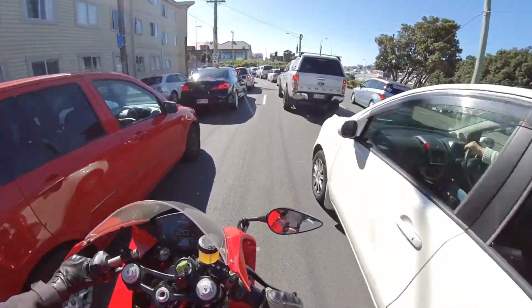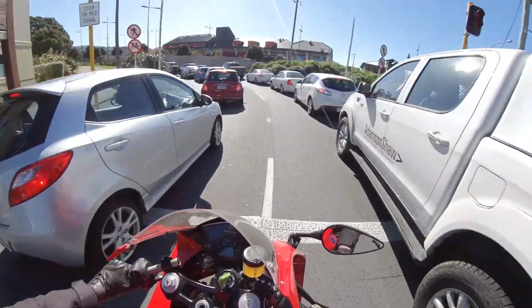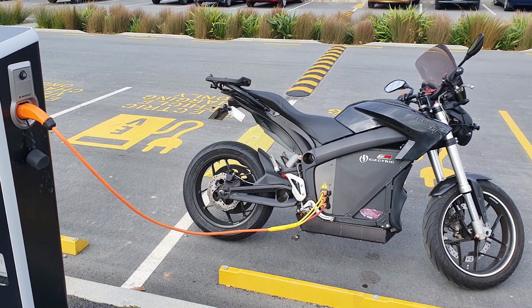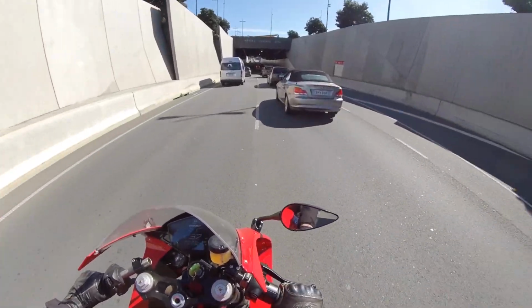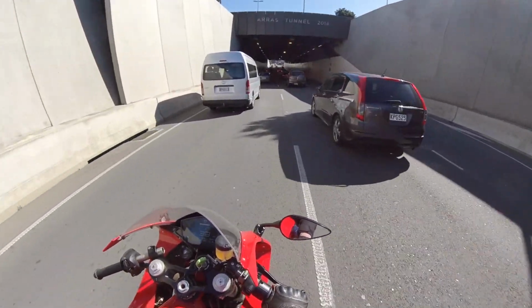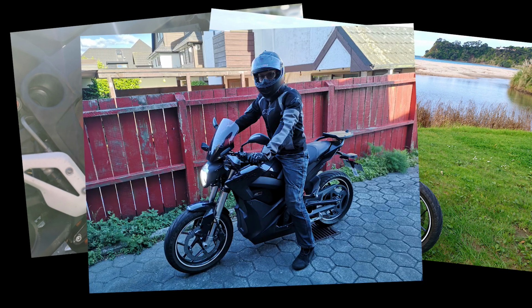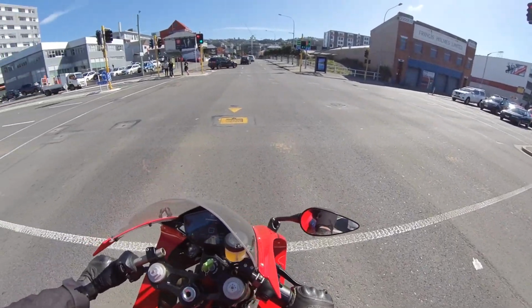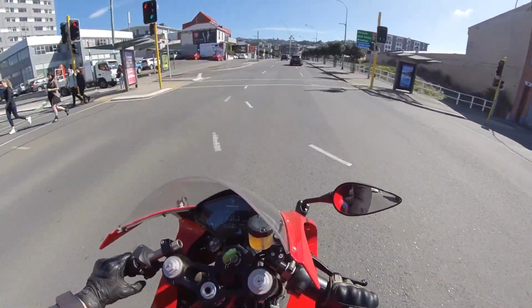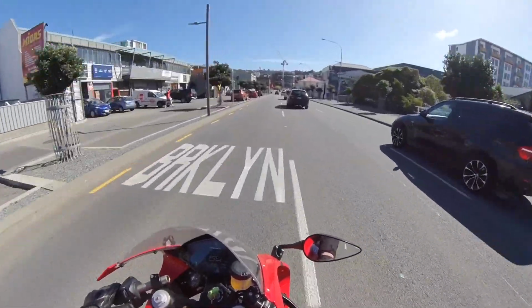Anyway, let's talk about Simon's bike, because I feel like we both have two solid choices for people who want to go electric. He went with the modified Zero SR route, so he's got aftermarket chargers, which was the dream for me for a long time. It's lightweight, it's fun to ride, it can charge in about an hour. Simon actually has the chargers I used to have that I sold to Jeff, and then Simon bought Jeff's bike. But alas, I was swayed by the power and good looks of the Energica. But I also wanted something sportier, which...